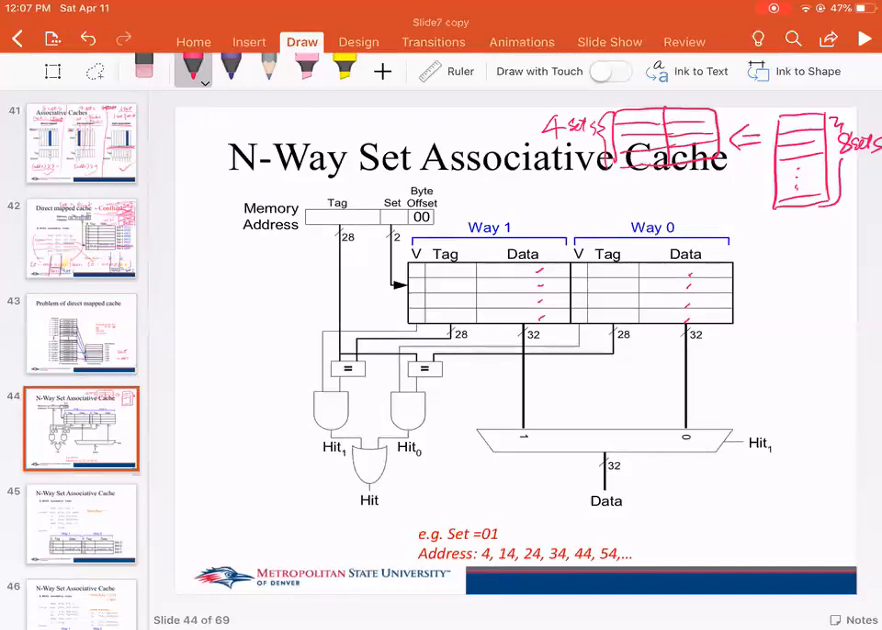So you have way 0 and way 1, 2 ways for each set. And of course, if you originally have 8 sets, right now you only have 4 sets because you have 2 different columns. And then how we store